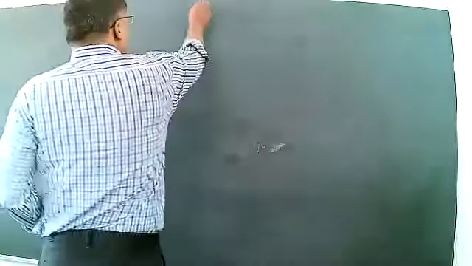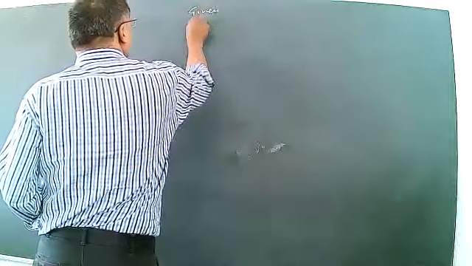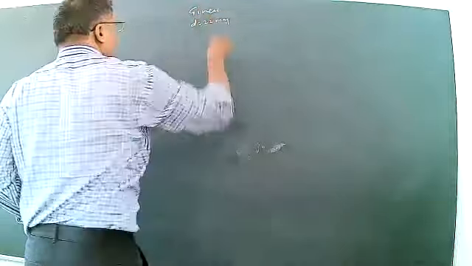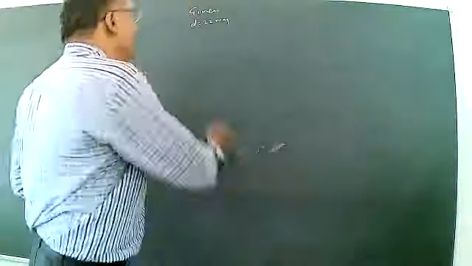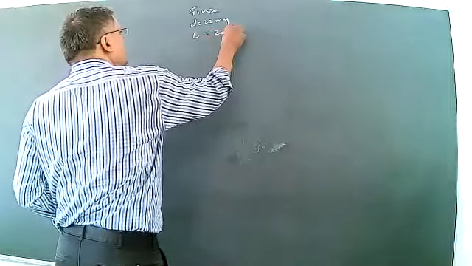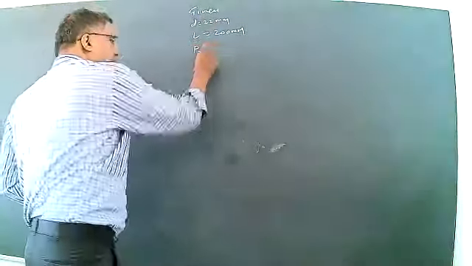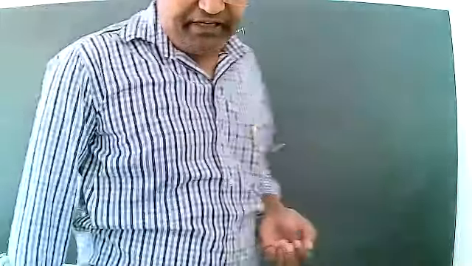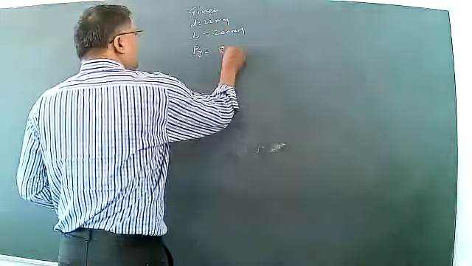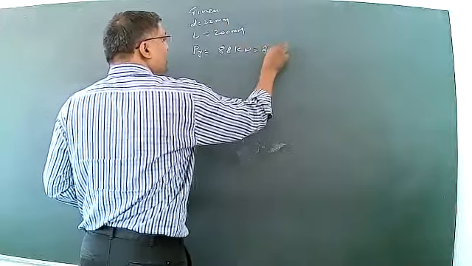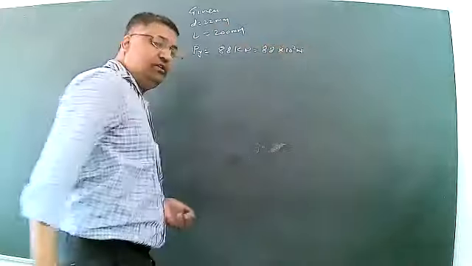Then in this problem, the first diameter is given, D is equal to 22 mm. Then length is provided, 200 mm. Then Py, yield load. Py means yield load, that value is 88 kilonewton. 88 kilonewton means 88 into 10 raised to 3 Newton. Just do the conversion into Newton.